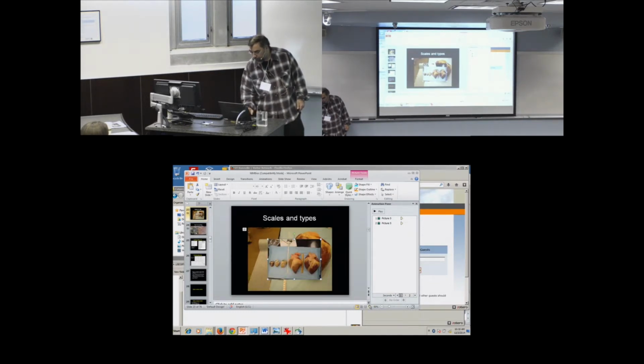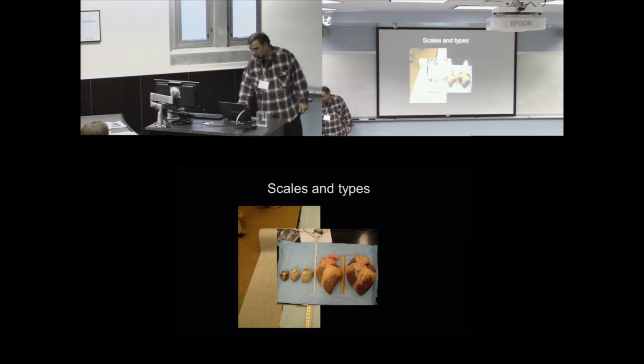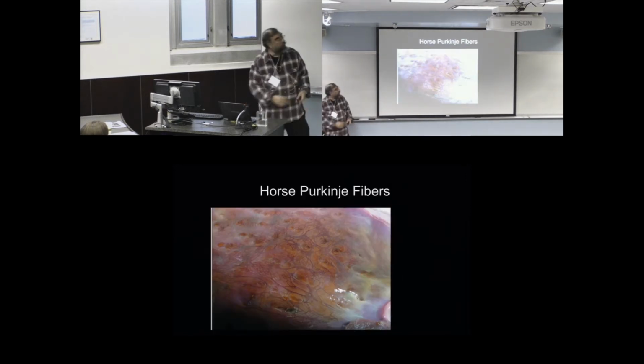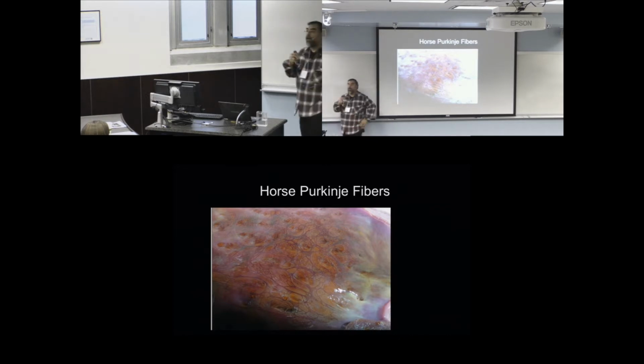So this is dogs, this is sheep, and these two are horses' hearts. Now you can see the difference also in Purkinje. This Purkinje network here is from a horse. So ungulates have a different distribution of Purkinje than, for example, dogs or cats. The distribution here is actually a network. You can see the crossing, and it's really, really complicated compared to the